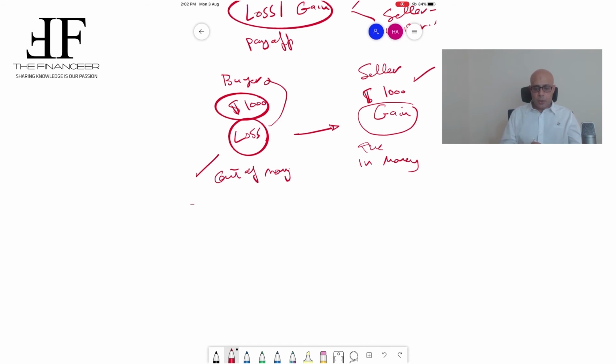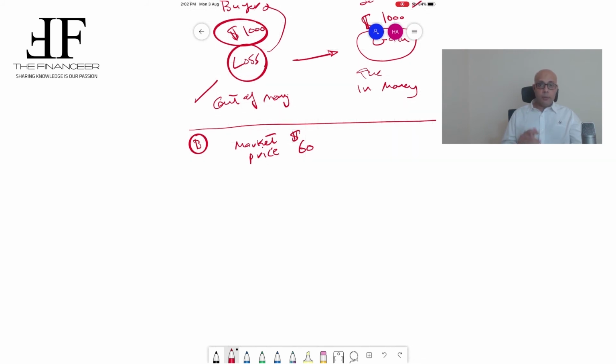Let's take another scenario in order to explain the issue well. Assume that in scenario number B, the market price is $60. Again, we need to take a decision. If you are a buyer, you have two options: either go to the market and pay $60 to purchase this share, or exercise the option, and this time you are going to pay the strike price,